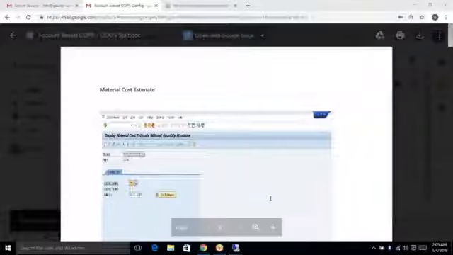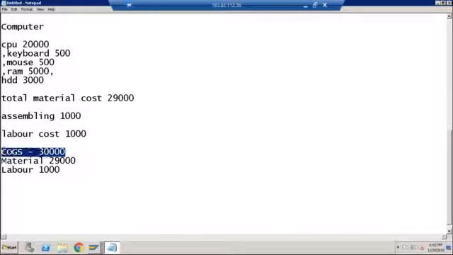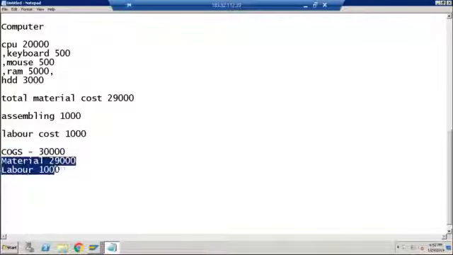Yes. So earlier only the COGS account was getting debited, right? Now, wherever you do the PGI, even in your accounts it will get bifurcated. It will show you material consumption 29,000, labor consumption 1,000, and then the credit would be your stock. So instead of one single COGS account coming into accounts, it will be bifurcated into multiple GL accounts with debit entries. So still the values are coming from accounts only.